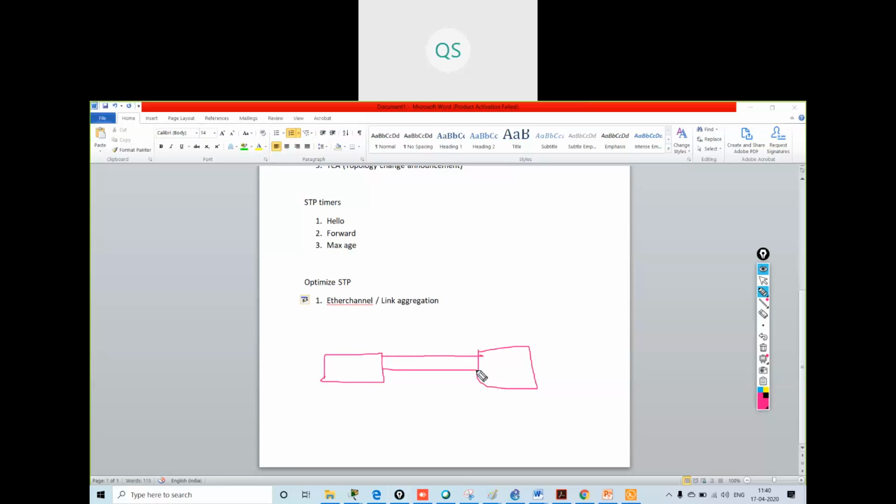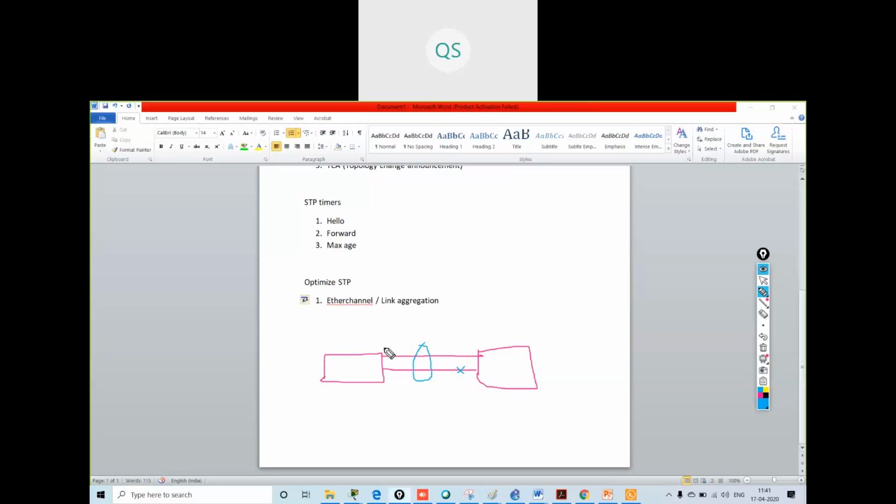Spanning tree will block one of the links, but our data traffic between the switches is very high, so we don't want any queue, or we don't want the data to wait in the queue.